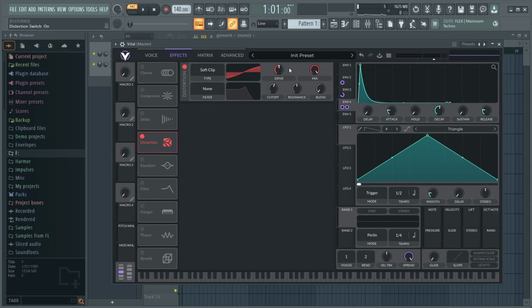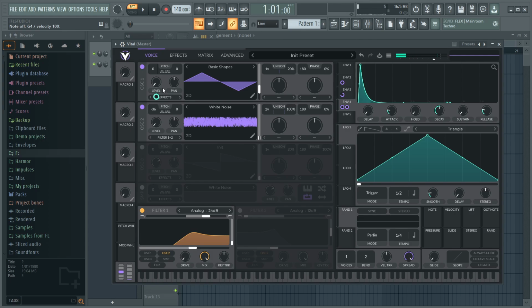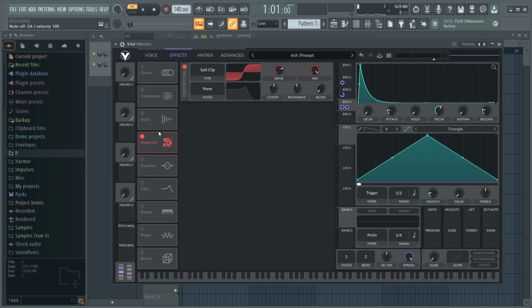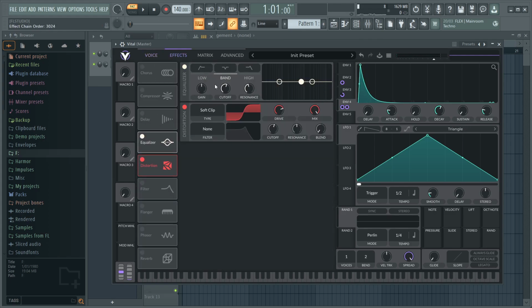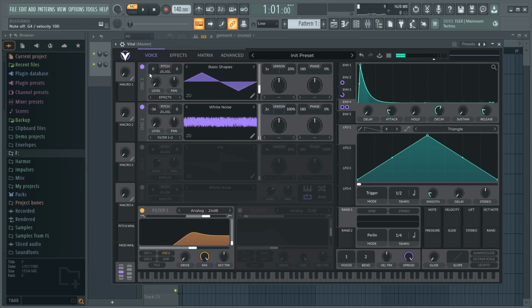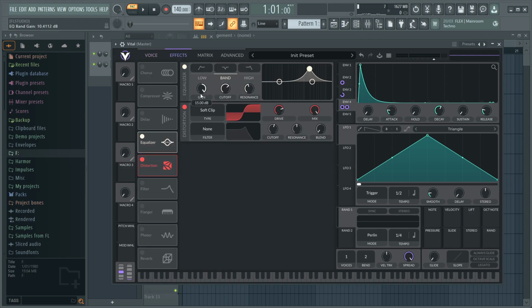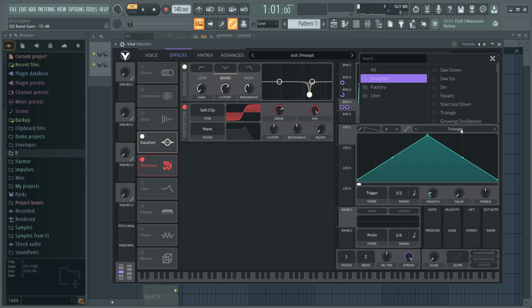Then I'll add some distortion. Might make the envelope a bit longer. Another thing that can be useful, especially when making dubstep snares, is if I set up the EQ like this, you can sort of hear the effect I'm going for, but it sounds kind of weird, especially when the triangle wave is playing. So what I like to do is turn the gain all the way down,